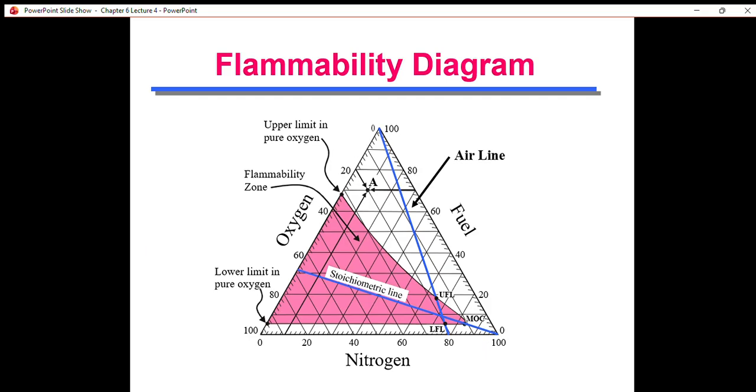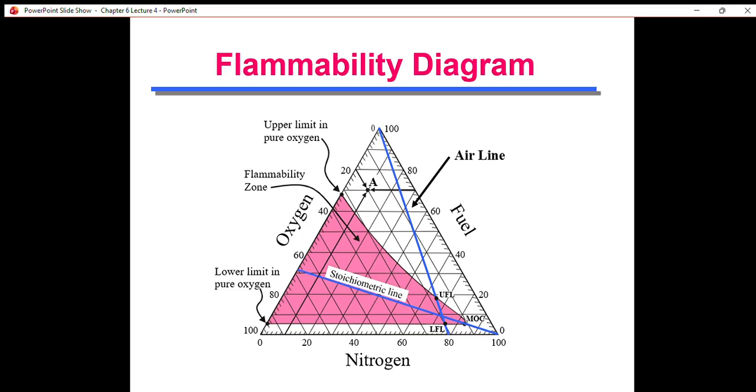In today's class, we will discuss something called a flammability diagram, or flammability chart. The flammability chart is a very powerful tool that you're going to see in this chapter and the next chapter. It's used intensively in the industry, and it has so many applications because it's a very powerful tool where